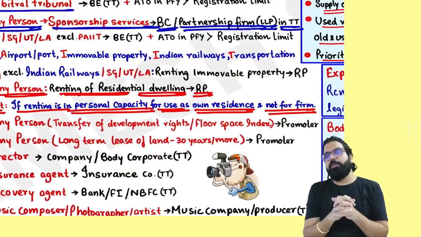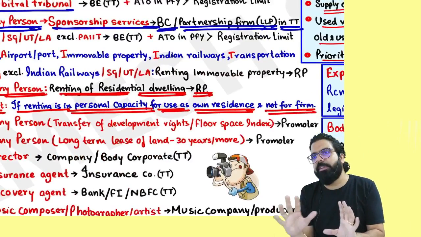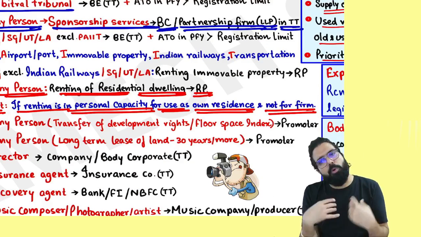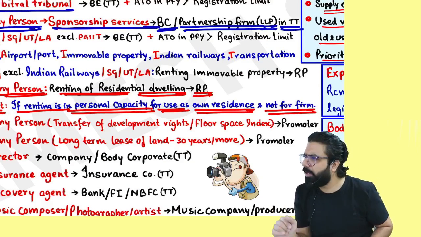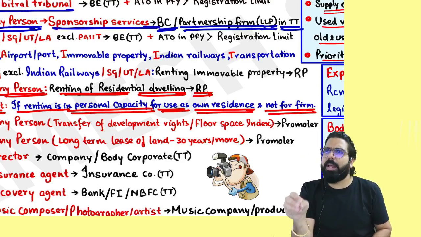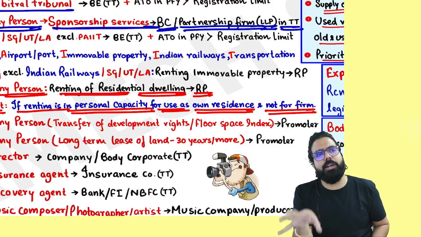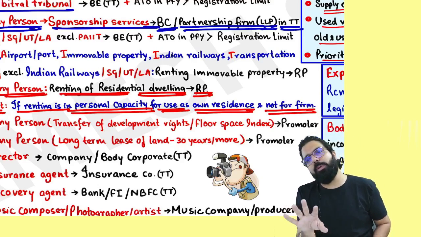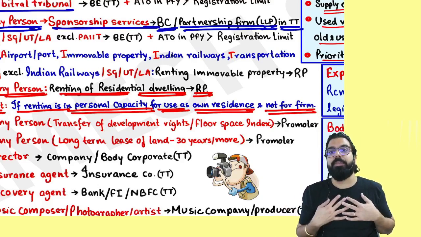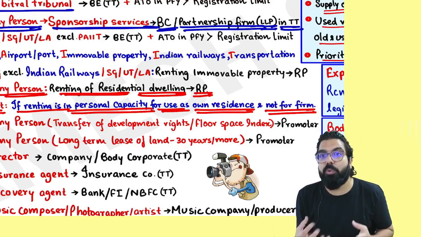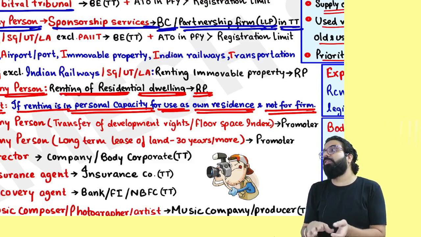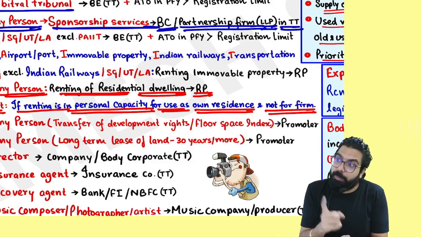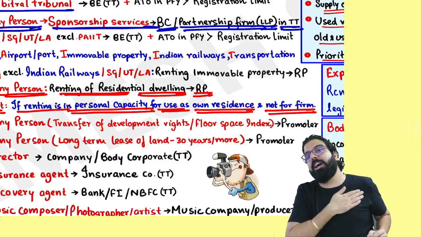For an example, I'll tell you. I went ahead and rented one residential property for my own residence. Okay? I am already a registered person, but don't I have a personal life? For my personal purpose, can I not rent one residential property? I rented one residential property for my own staying, for the staying of my family. Then also it will be exempted. Although I am a registered person, a registered person should have rented it for what? For his business purpose. For an example, for staying of my director, for staying of my employees, I took one property on rent. Then I should always pay GST under RCM if I am a registered person.